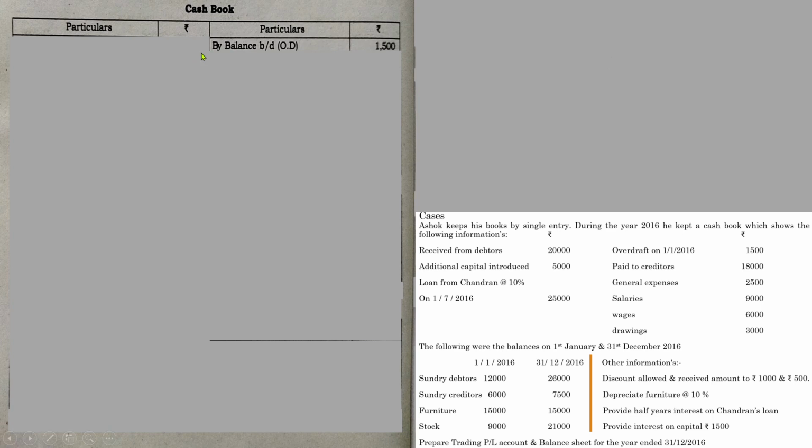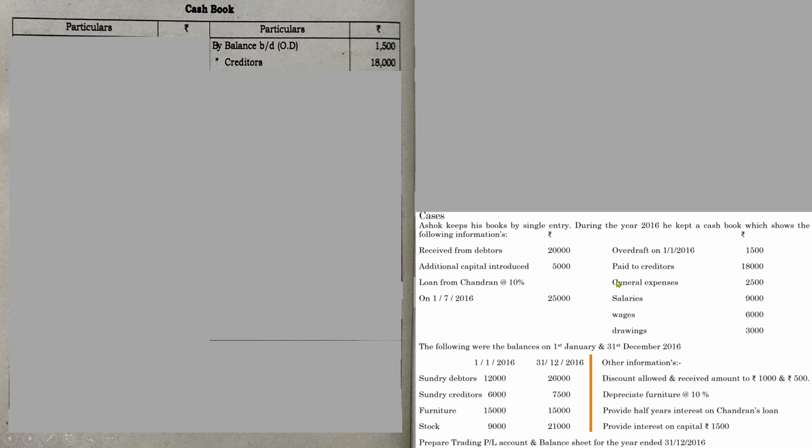So let us begin with the opening balance. In the question, the opening balance is given. Please don't say that there is no opening or closing balance given. Read through the question very wisely. Overdraft, if there is any date associated with the overdraft, it is related to cash and it will be the balance. Since 1/1/2016 is the opening balance, and closing is 31/12/2016, the opening balance on 1/1/2016 is 1,500. Next, go through the transactions that have to be recorded in the cash book. First one, received from debtors.